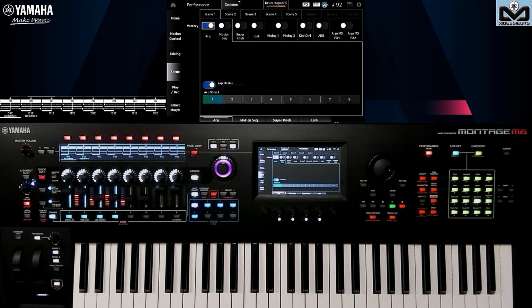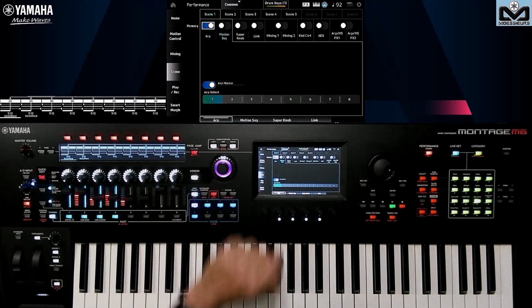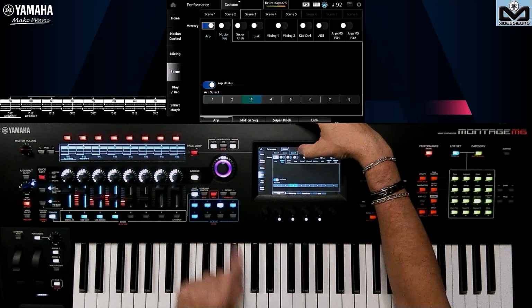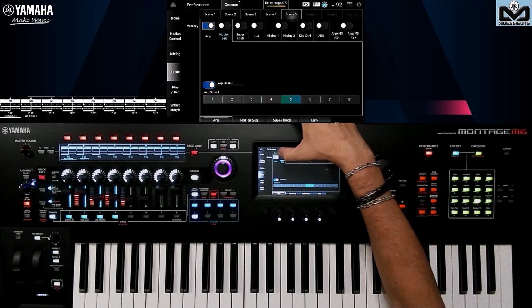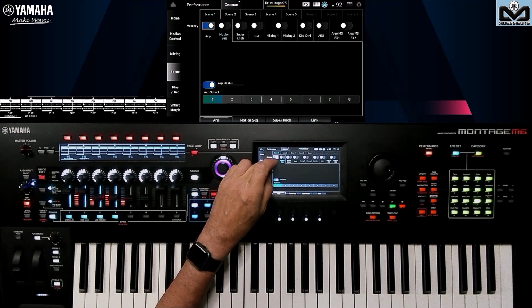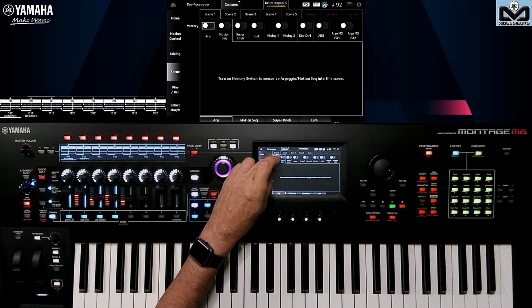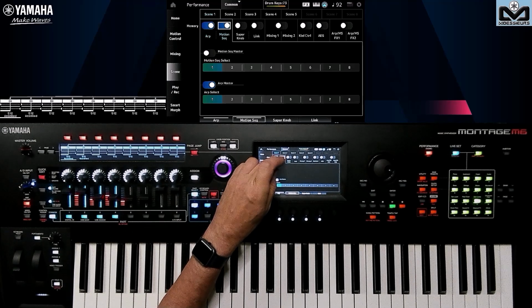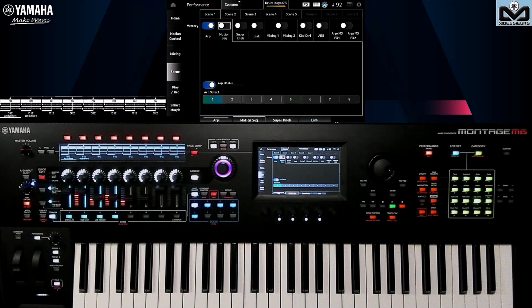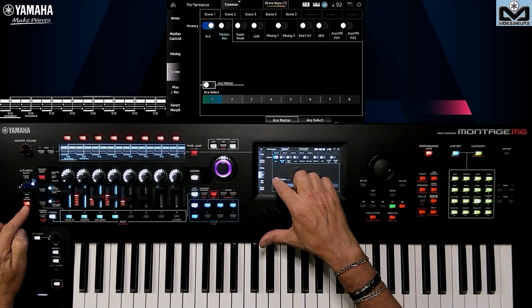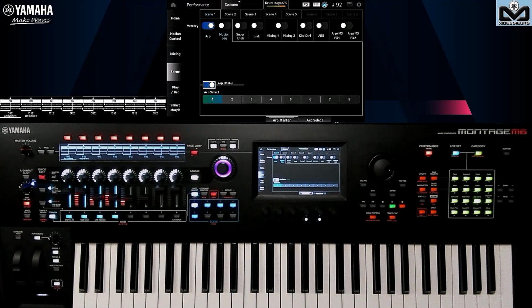For each scene, at the top you'll see the scene activation. This is scene 2, you can see it moving there, scene 3, scene 4 and scene 5. For each scene, I can choose whether or not to manage arpeggios or motion sequence. Arpeggios activated or not, motion sequences activated or not. And it's very important to have the ARP master button here activated or deactivated, ditto for the motion seq master button. You can do that with scene memories.